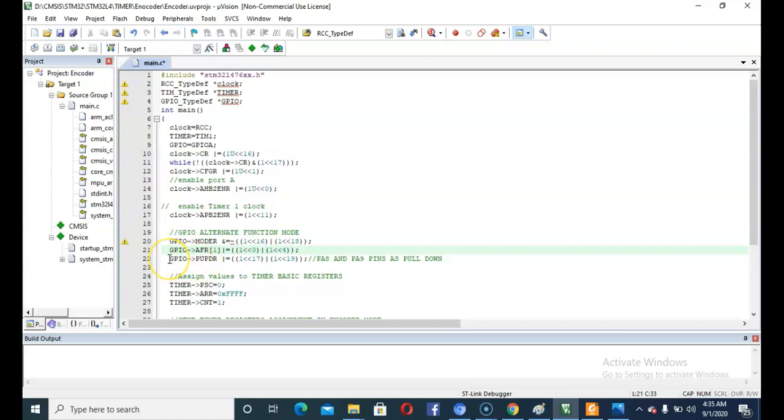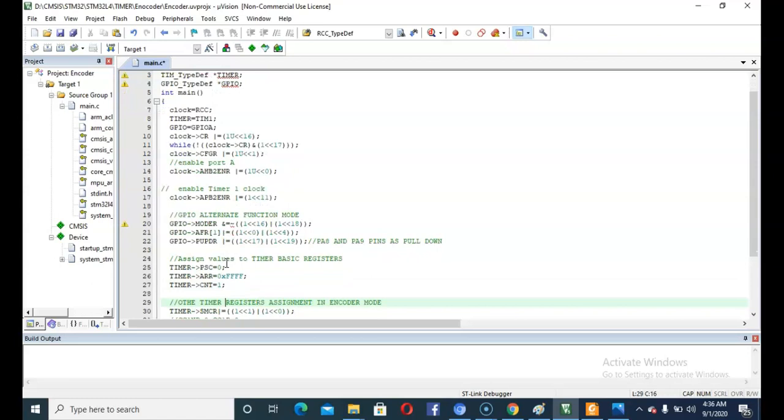Now we will put the PPTR register in pull down mode. For that, see your reference manual, and to get the corresponding frequency, I will use PSC, ARR and count register, and the PSC register's value has to be 0.